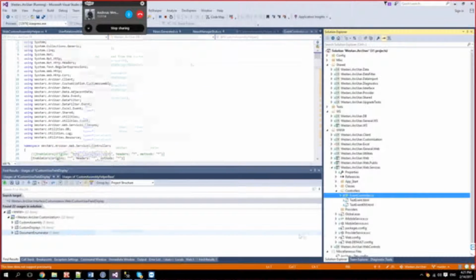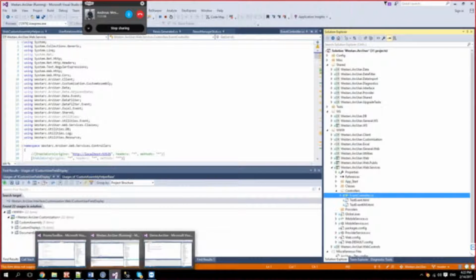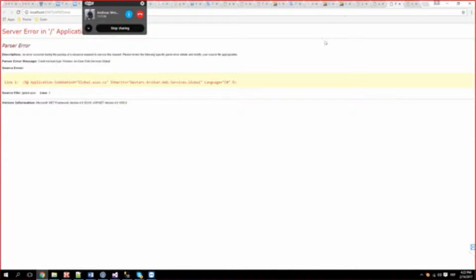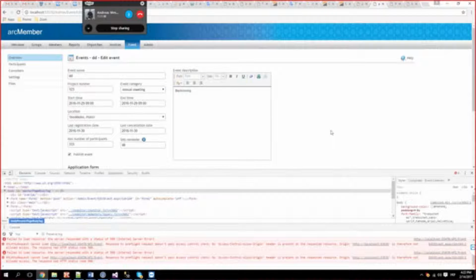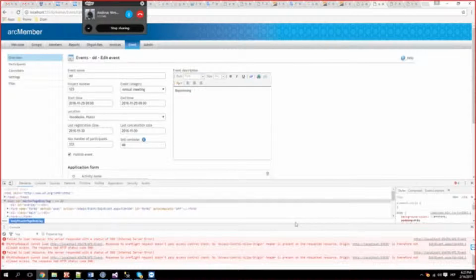We have this event controller down here that is pushing out JSON messages and responding to JSON messages, and it doesn't appear to work right now. So it's something with the setup of the project that needs attending to. Okay, I think we can move forward. Besides that, it's just a shame that I can't show you the entire flow of things, but that's okay.